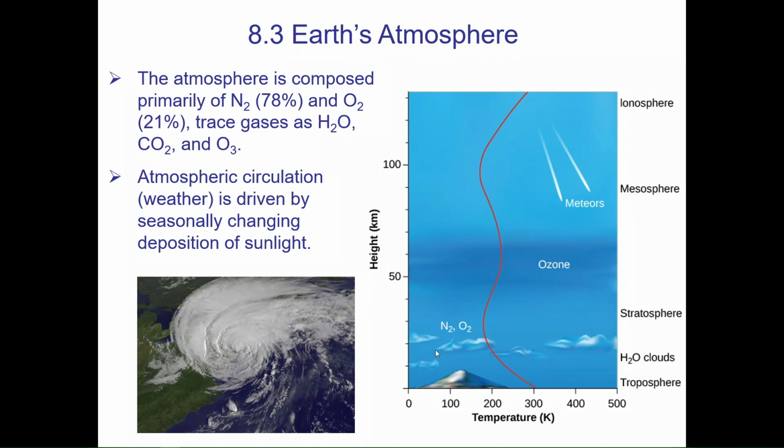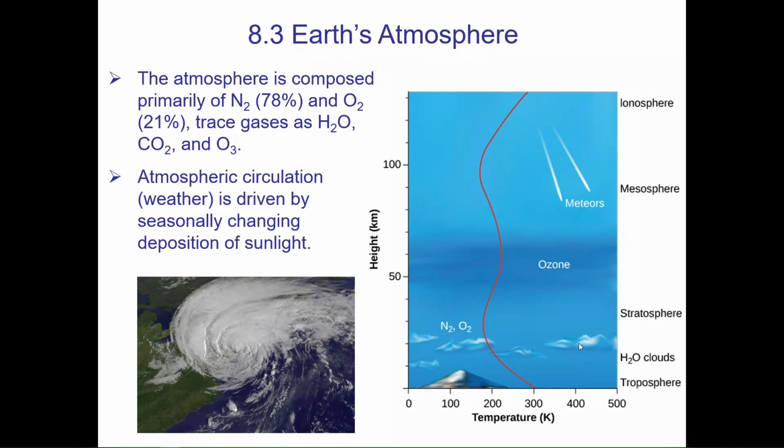You can see the clouds pretty much mark the top of the troposphere. Convection also plays a big role in a lot of weather. You may have learned about the water cycle, when water evaporates from a hot surface,